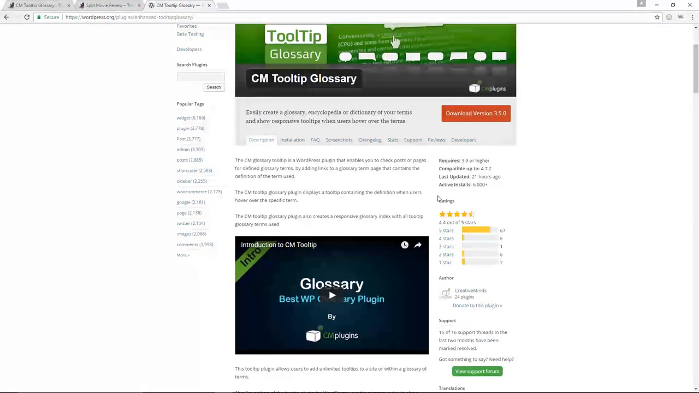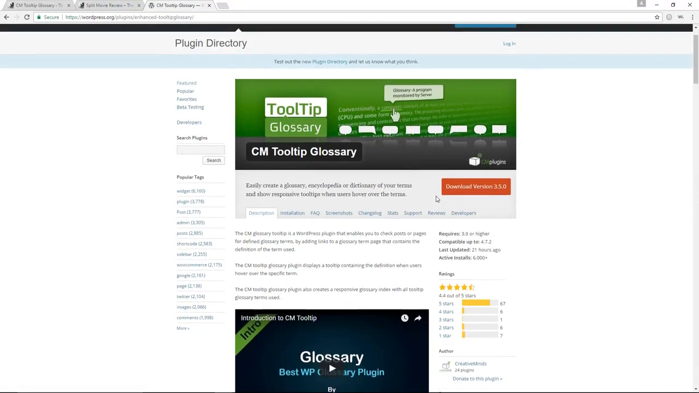Like I said, they do have a pro version that has more features, but this has been how to use the